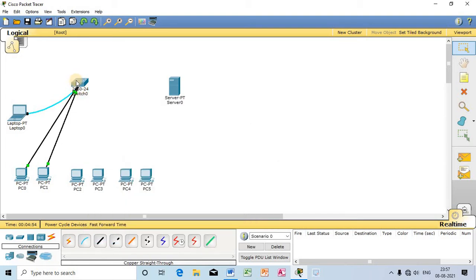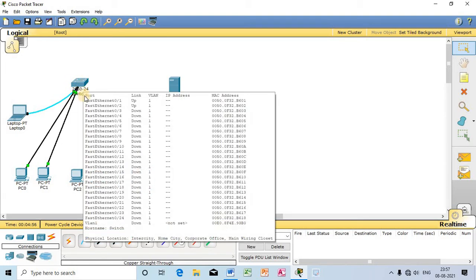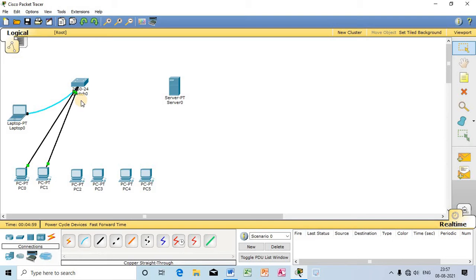Slowly we can observe that the orange color has turned to green, because the MAC addresses have been registered successfully in the MAC table of the switch.